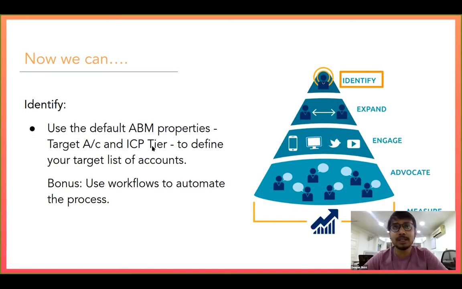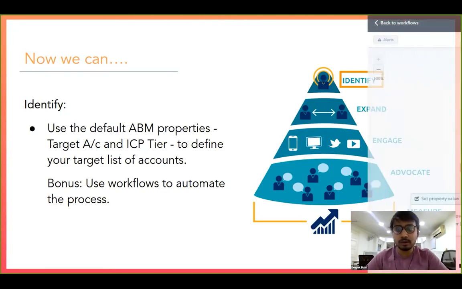Essentially, in ABM, tiering is based on the value of an account for you. So tier 1 is like the accounts where you can score like $1 million worth of deals, or whatever is the relative number for you. Tier 2 is a lesser amount of deals, and tier 3 accounts are those where you will score even lesser amounts. You can do that tiering, and you can add more options. If you have a tier 4, tier 5, you can add those to this property. Once you start tagging your companies in HubSpot with this, you will be able to generate a list of accounts for yourself.